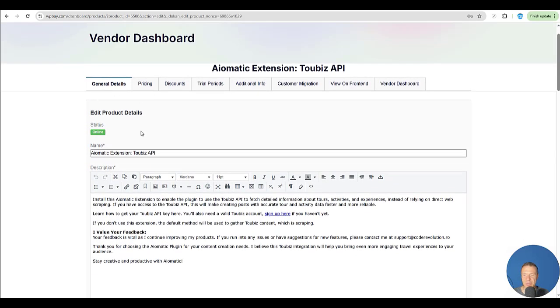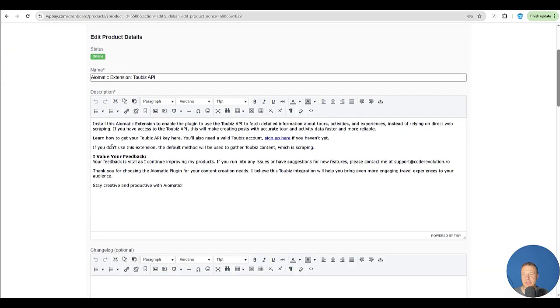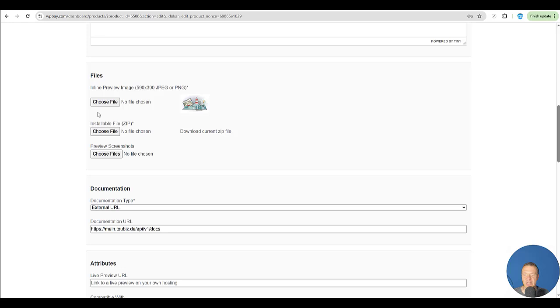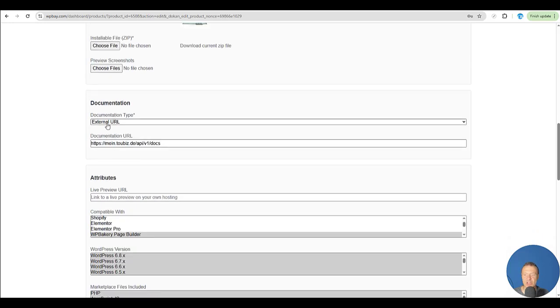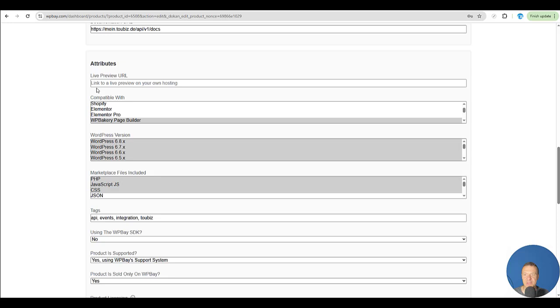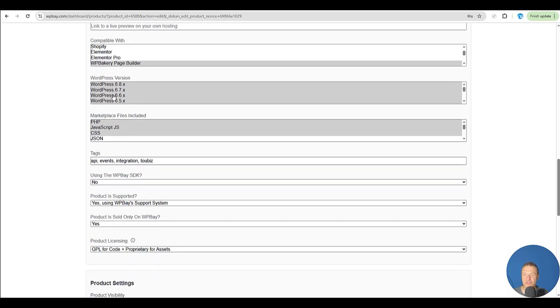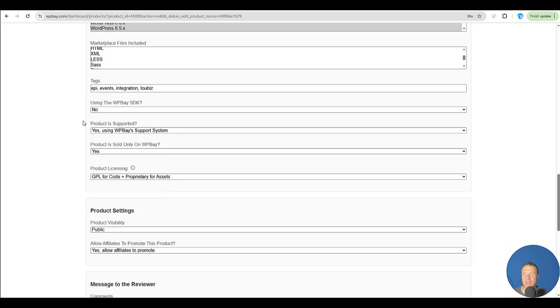Here you will be able to add name and also description for your products, featured image, installable zip file, and also you will be able to download it, preview screenshots, the URL of your documentation, attributes, which are live preview URL where customers will be able to see your plugin or theme in action, the compatible with other products if your product is compatible directly with other products, the WordPress versions it supports, the files it includes,